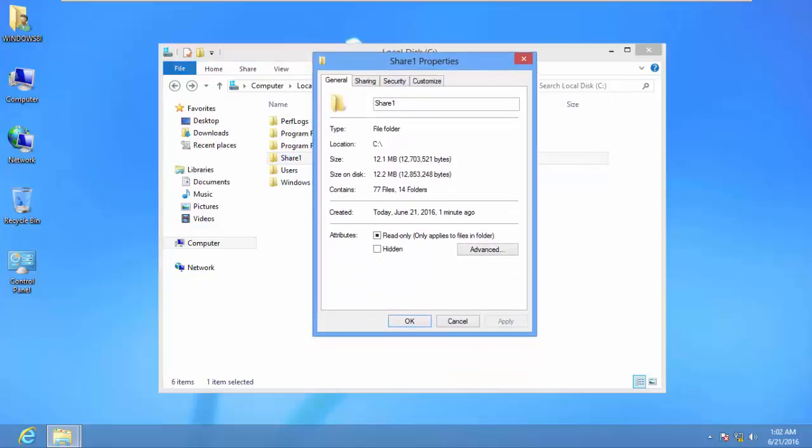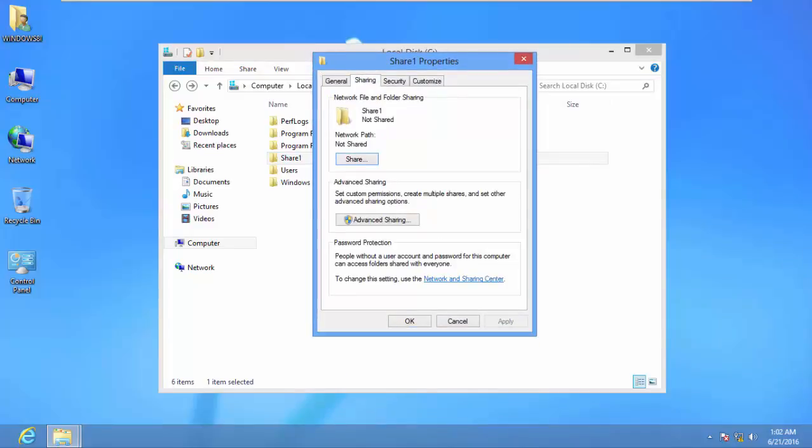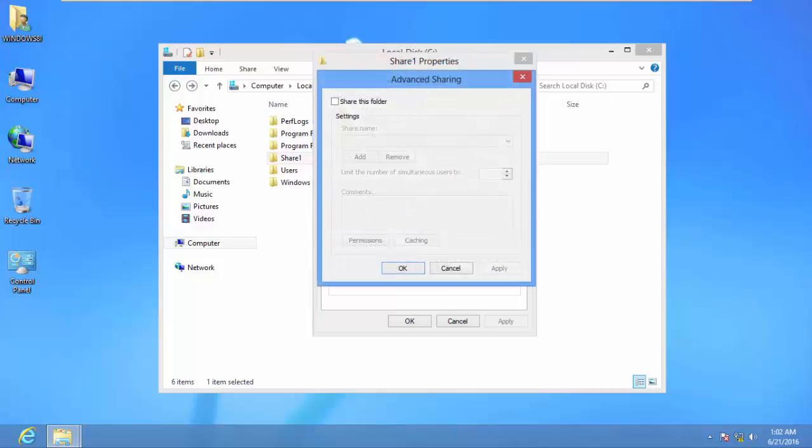and then on the properties tab we have the sharing option here, the sharing tab. I'll click on sharing. If you want to use the basic sharing approach, this is the tab for you. If you want to use advanced sharing, this is the tab for you. Okay, so I'm going to use advanced sharing. I'll click on advanced sharing and then click on this share this folder checkbox over here, and then you can change the display name over here